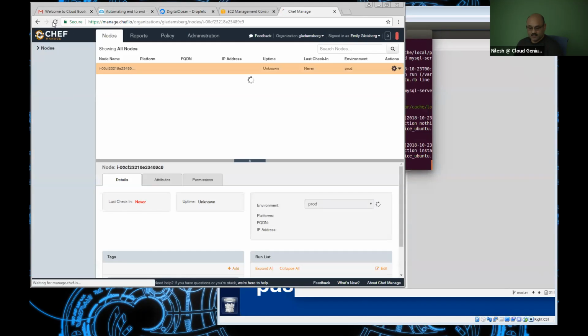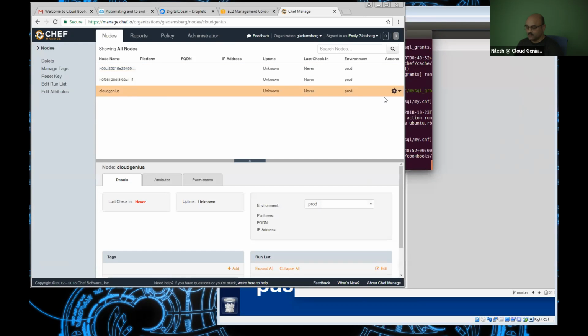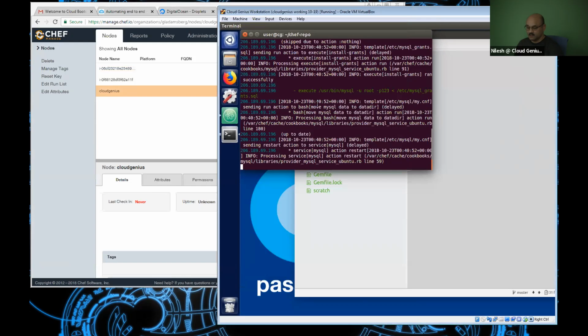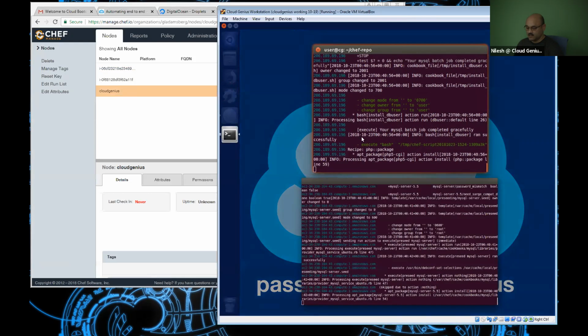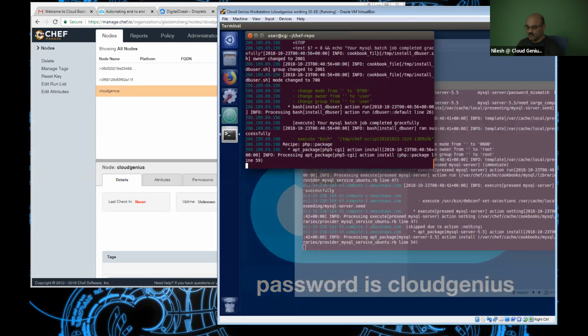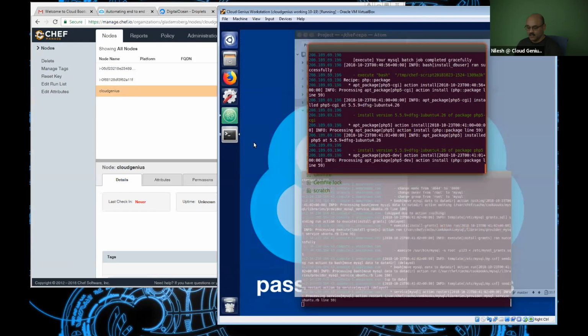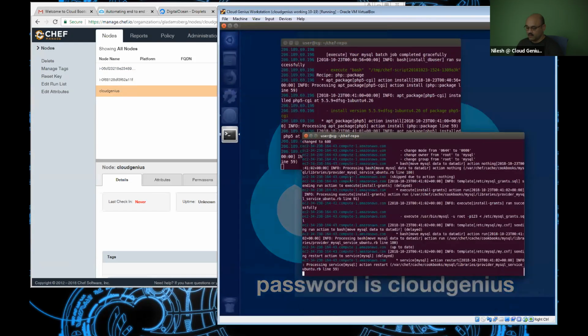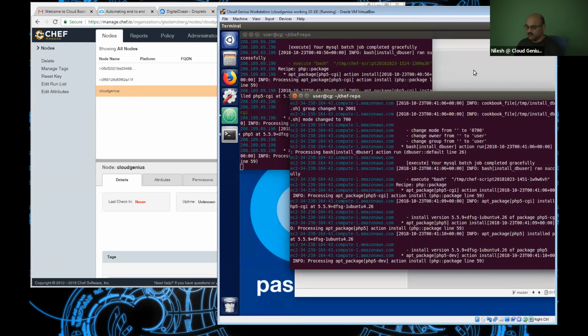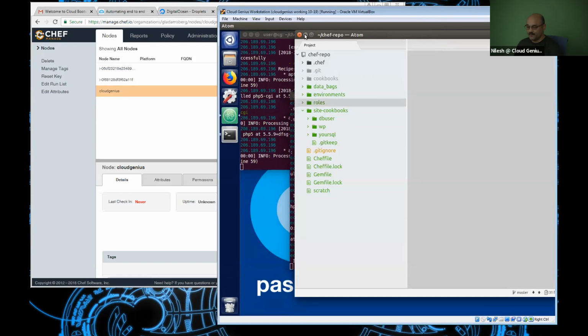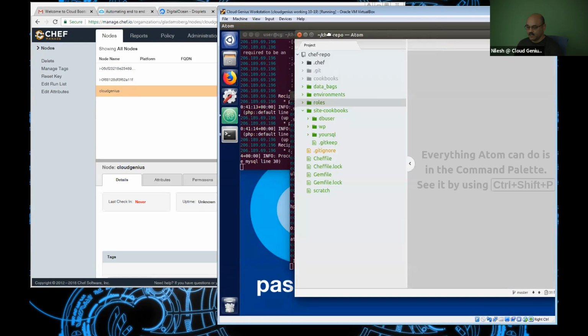It will show, yeah, checked in just now. And just like this, Cloud Genius will also show and check in and say, yes, I am available and running. That's what you will see once these runs succeed. And so we're just waiting for those runs to finish. And then you could go back to check with your two clouds and chef server and see what's going on. And that is what you will see once these guys finish their run, which is what's going on right now. So we'll let them finish